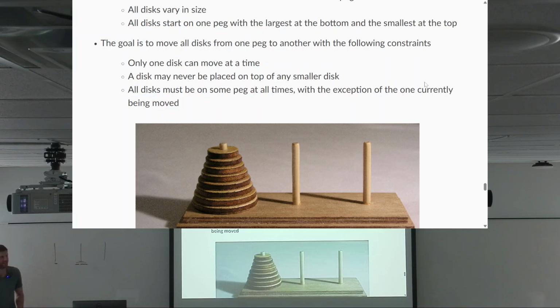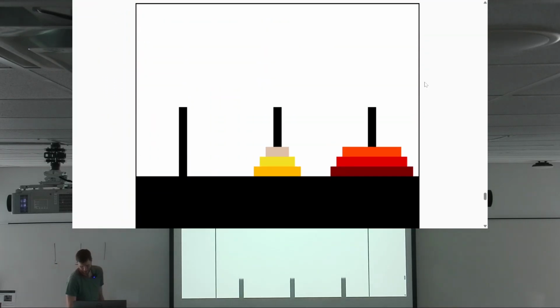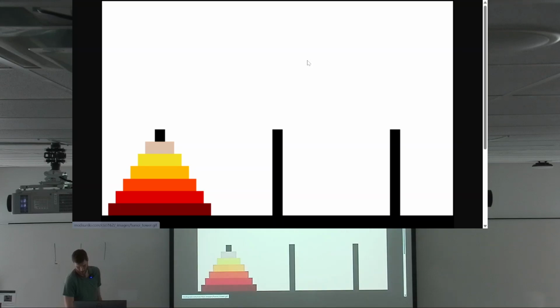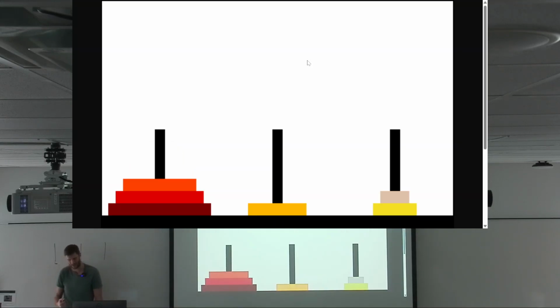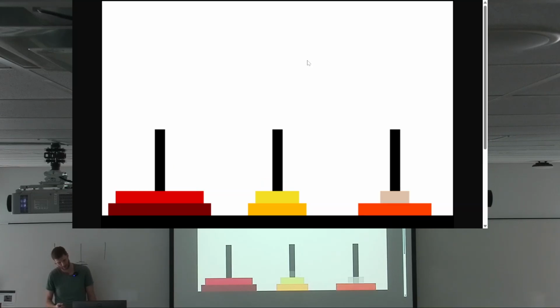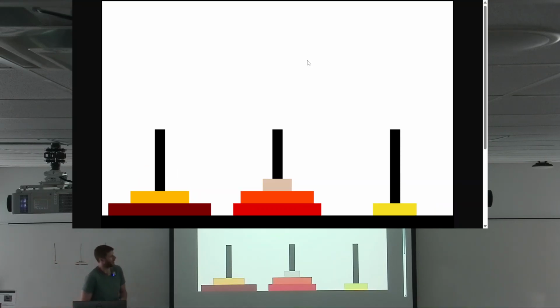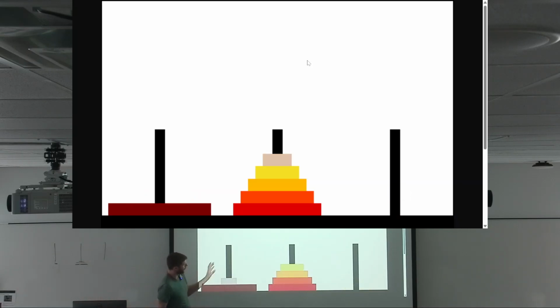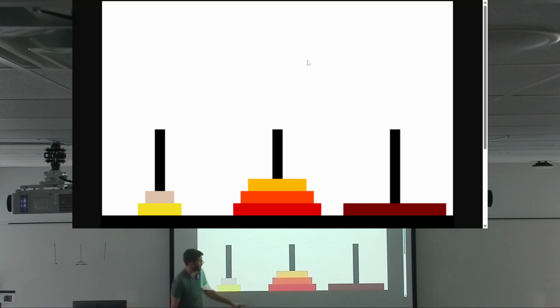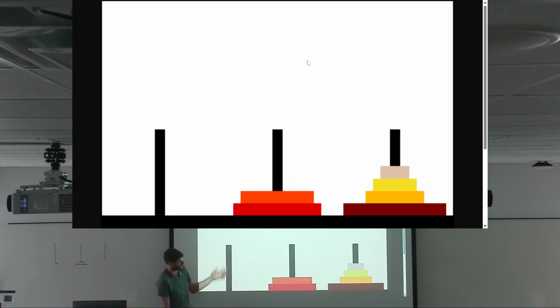The point I'm making is I added one more disk. Suddenly I got a lot more shuffling around I got to do. But we can still do it. Just watch for a pattern here. I just showed you how to move all the disks to that peg. Well, now we have to move all the disks,